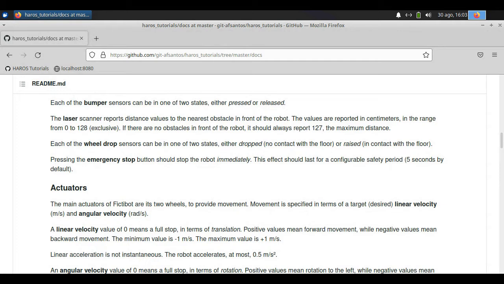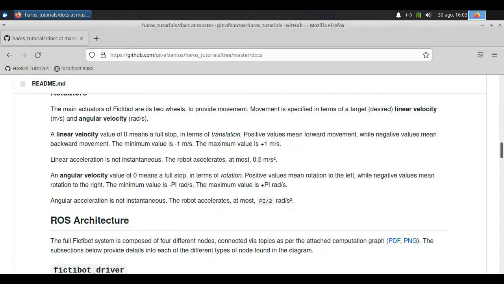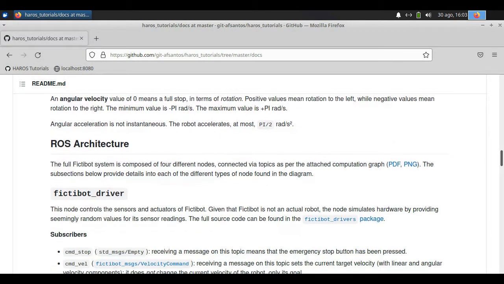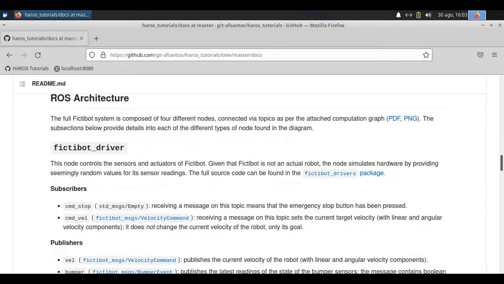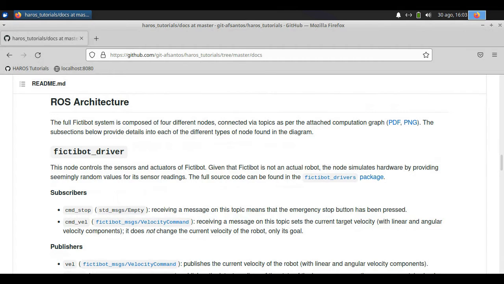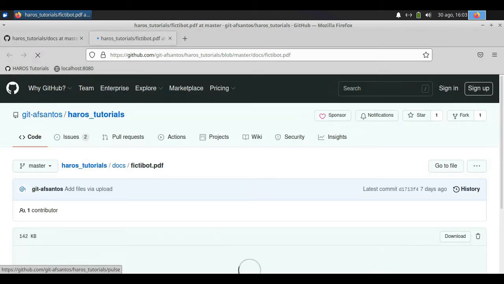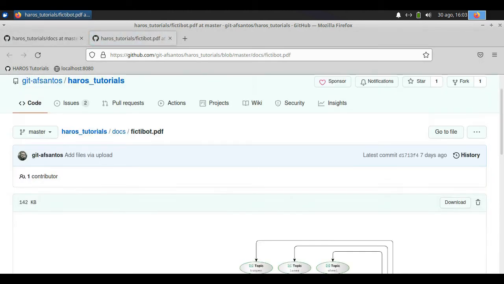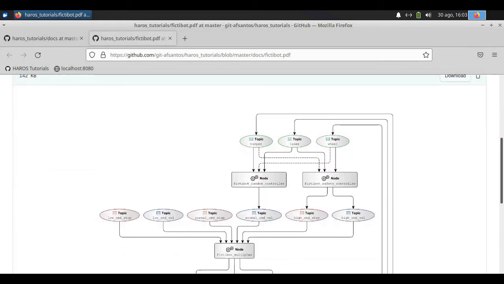You can see that in the remaining of this documentation, it also describes the ROS architecture of the various nodes that are included in this example code, as well as a diagram of the expected computation graph of this application in runtime.